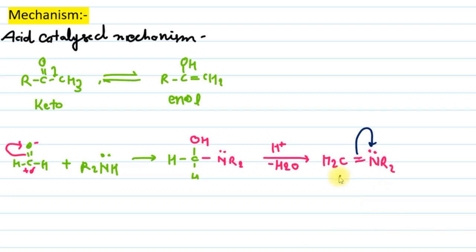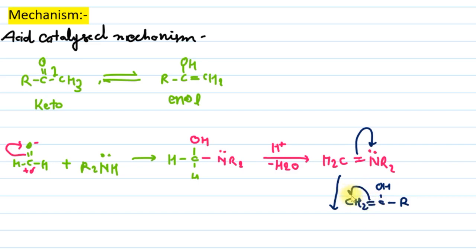And in the presence of enol, that is CH2, not CH3, we will take the enol CH2 double bond C OH and one alkyl group. This is the enol, and the pi electron of carbon and carbon